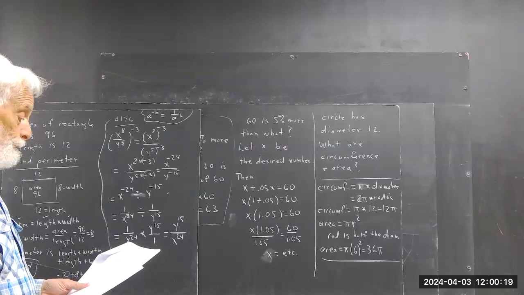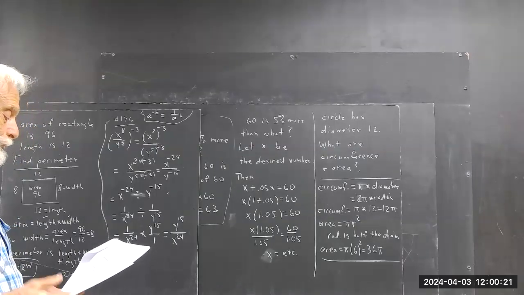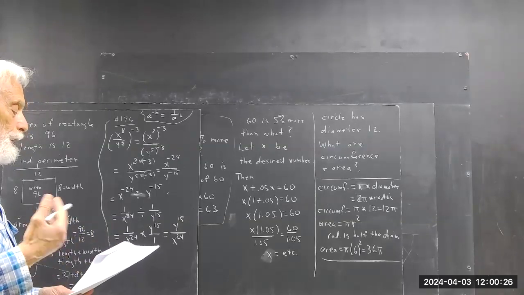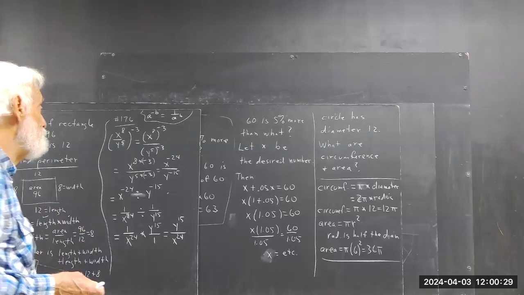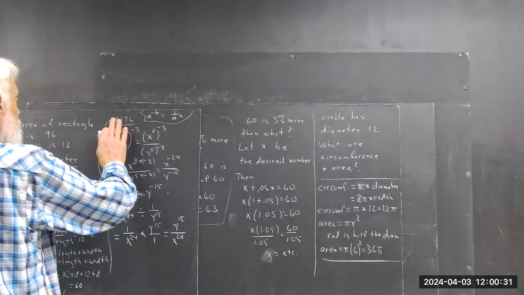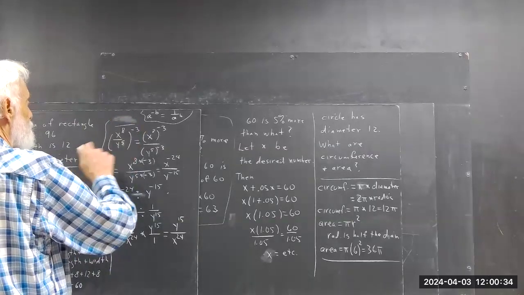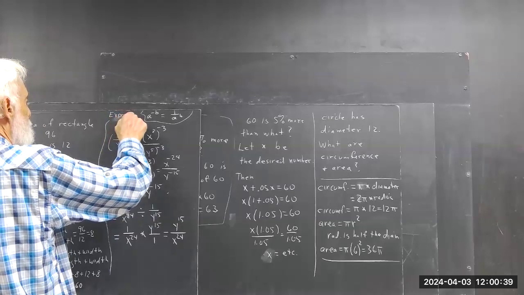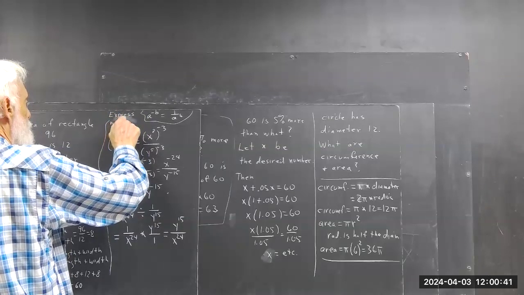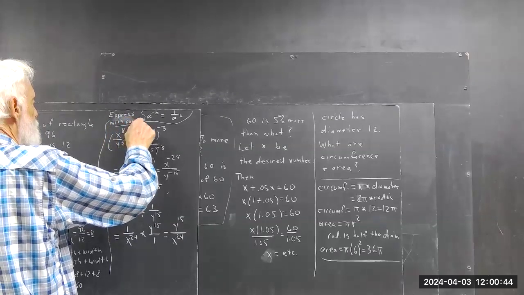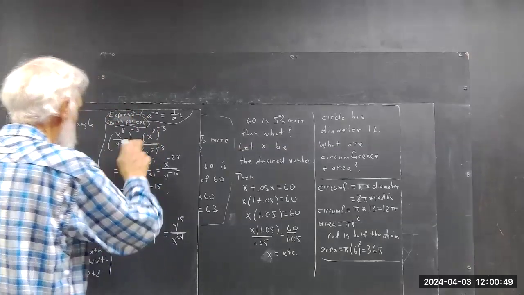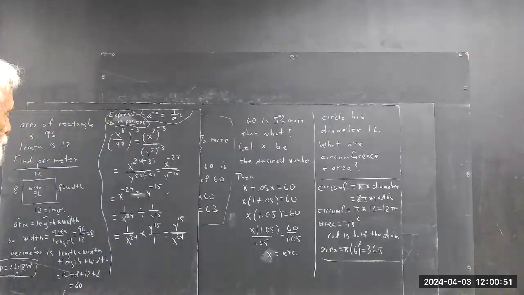Actually, I think this problem asks you to do it using no denominators. The first problem asks you to do it with positive exponents only. So this really is number 176. What I'm doing here is expressing this fraction with positive exponents. Okay, if I wanted to express it with no denominators,